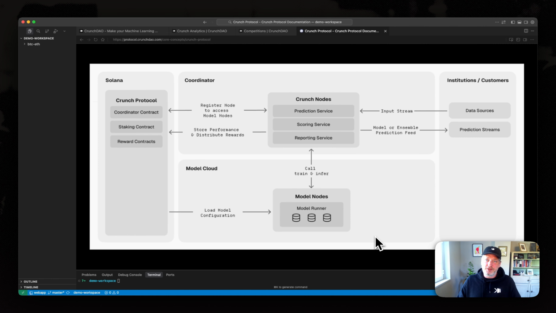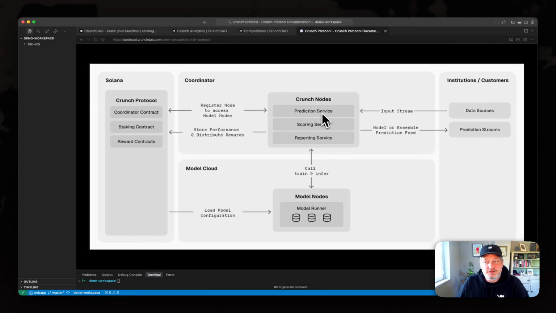And these Crunch nodes have three services that run inside of them. The prediction service fetches the data from the customer or financial markets, might obfuscate the data if needed, but basically then gives that profile of data to the model nodes. Model nodes run models, and these are the models that participants, ML engineers across the globe, upload. All of these inference functions and prediction returns